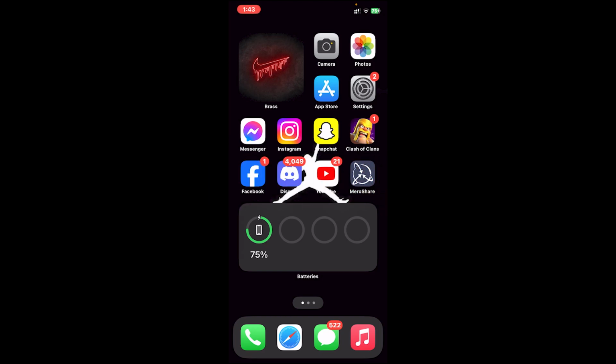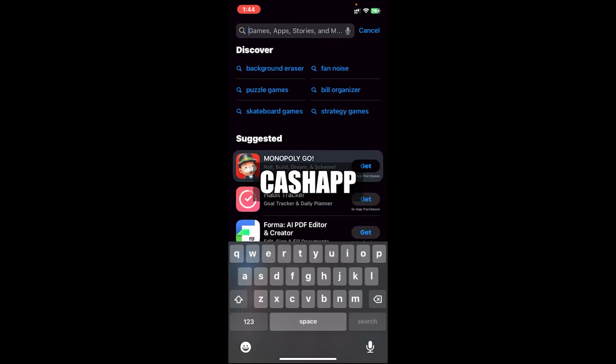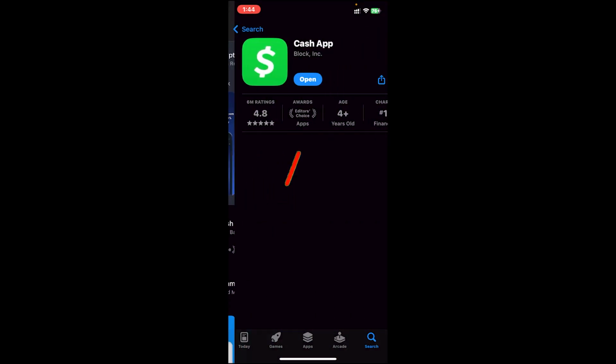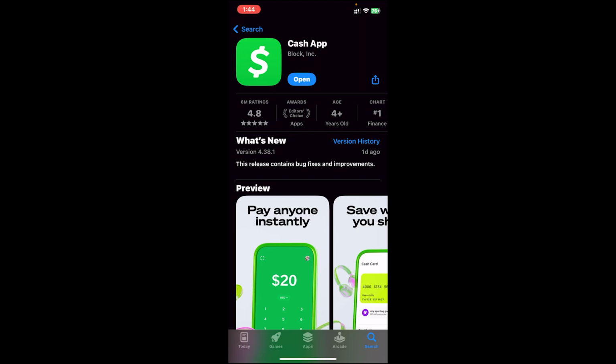Now let's get started. In order to sign up for Cash App, you will need a phone because from the web application you can create an account. Now once you have your phone, go to your App Store or Play Store, then go to the search bar, then type in Cash App. Once you find this app, tap on it. Then you'll see a download button on this page, tap on download, and once the app is installed, open the